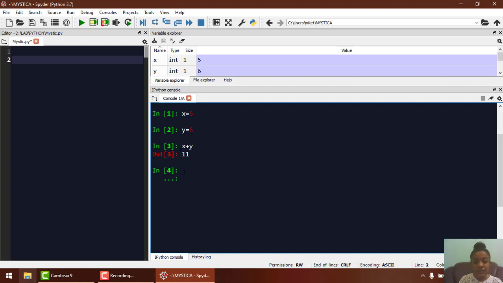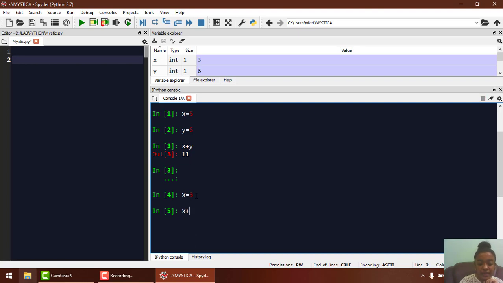Now let's try another program by changing the value for the variable, like x is equal to 3. Previously I had given the value 5 for the variable x, and now I have changed the value of x to 3. Now 3 is the fresh value which has been saved in the variable x.